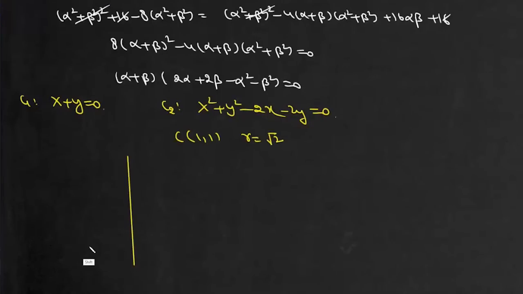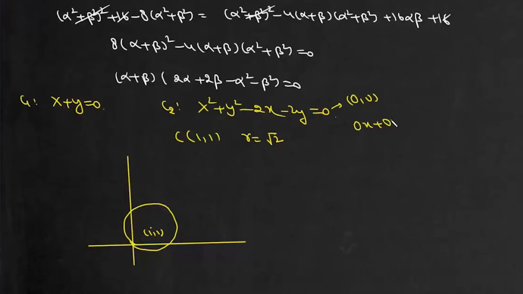So it will be this circle passing through origin, center at 1, 1. And we also have this line x plus y equals 0. If we look at equation of tangent to this circle at 0, 0, it will be this